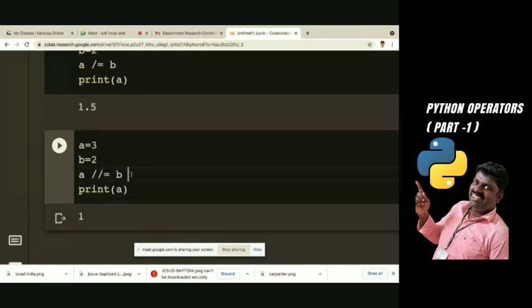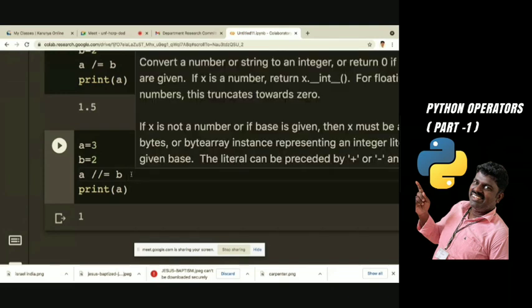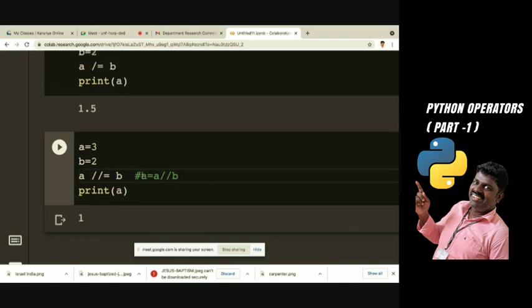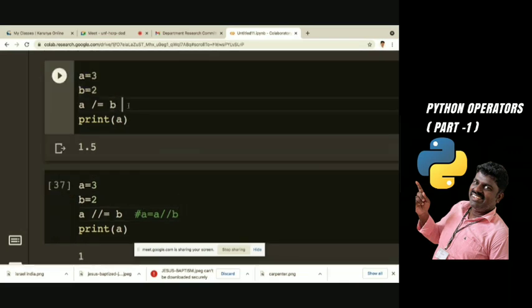So what is the meaning of this one? Please write it as a comment so that you will not forget. A equal to A double slash B. That is the meaning. Got my point? Here we can say A is equal to A by B, and A by B automatically converts into a float value. So 3 divided by 2, that is 1.5.